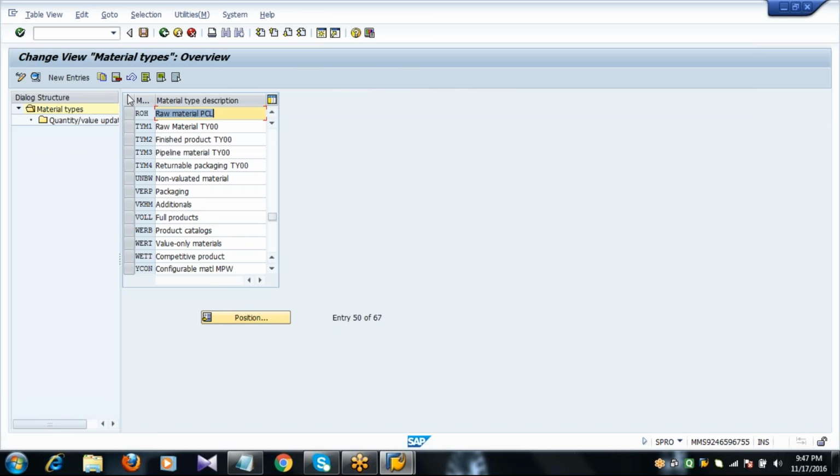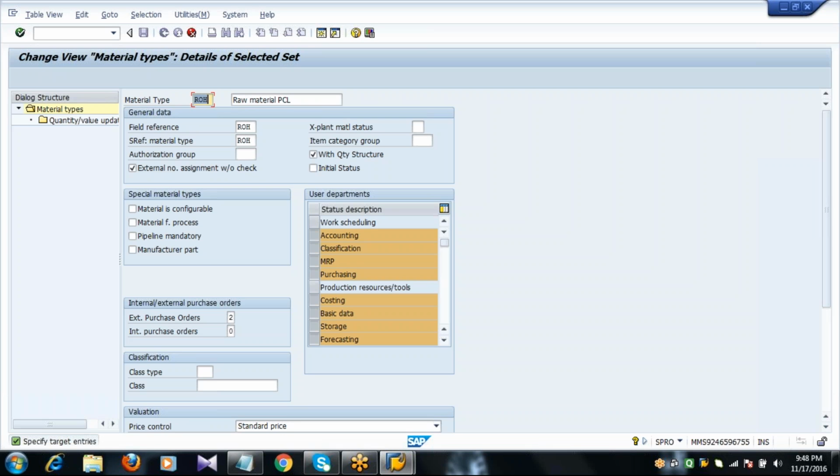Select the material type, for example ROH. Click on copy as, and I'm creating my own material type, for example Z001, and for the description of the material, I will make it as raw material, and the company code we created